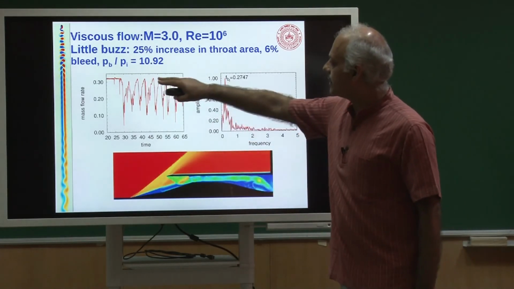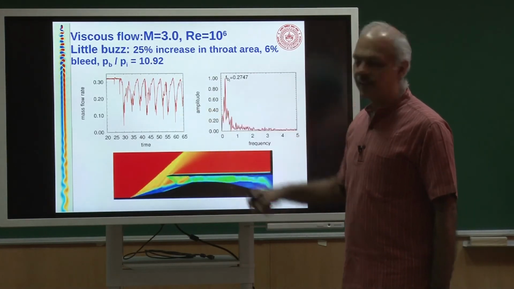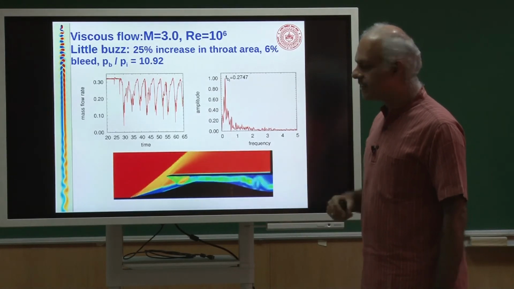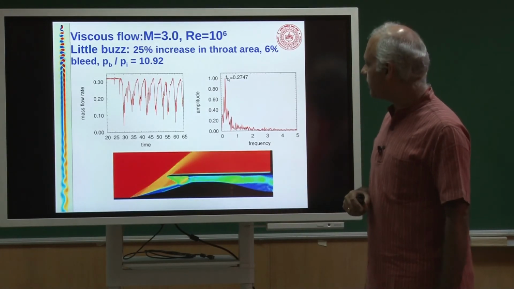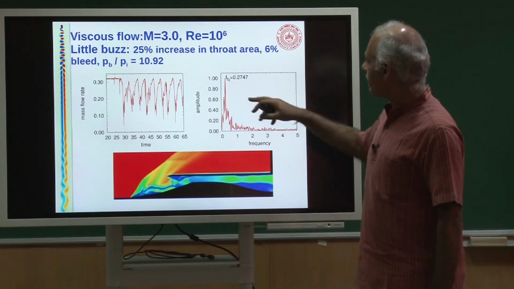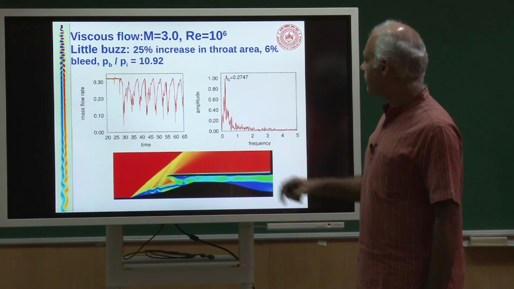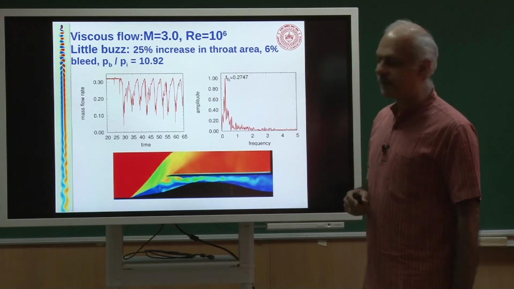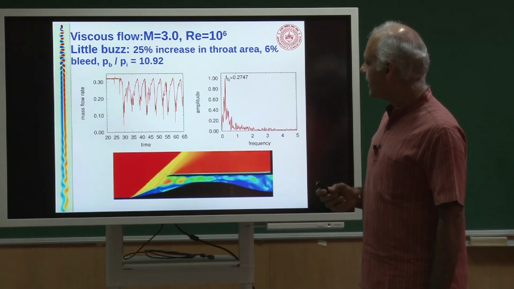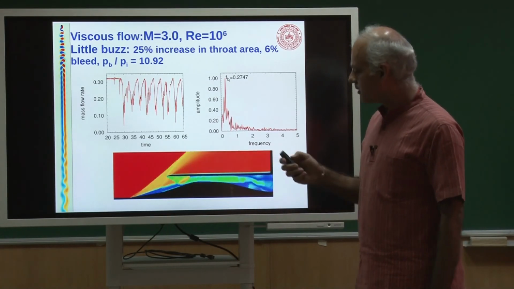it shows a very periodic behavior. So, there are instances where you have reasonable mass flow rate, but there are other instances where you have very low mass flow rates, okay. And one can actually look at the physics and understand why this happens. I do not want to go into the details here, but it has a certain frequency, okay, and that frequency we identify as the buzz frequencies. So, this is the little buzz, wherein you get some flow separation and that instability travels back and forth.